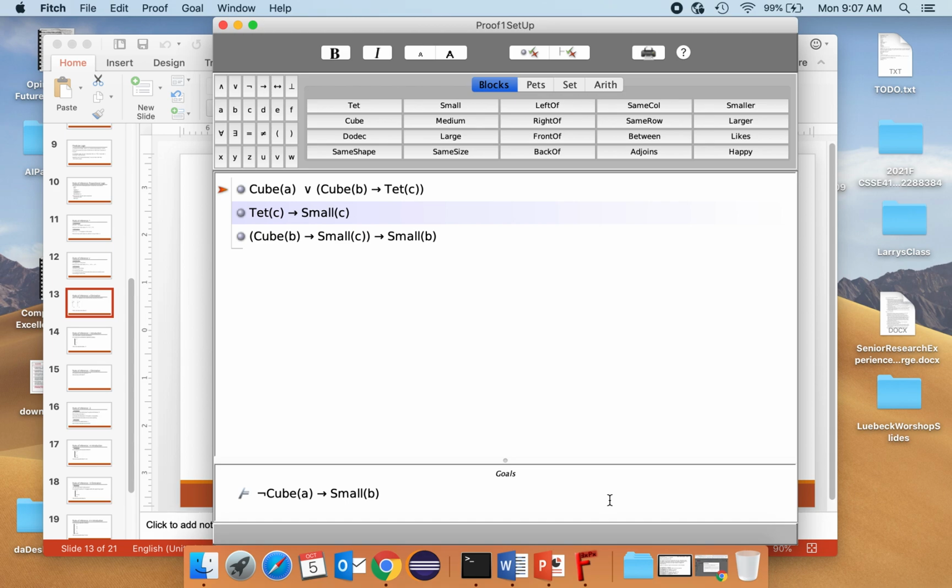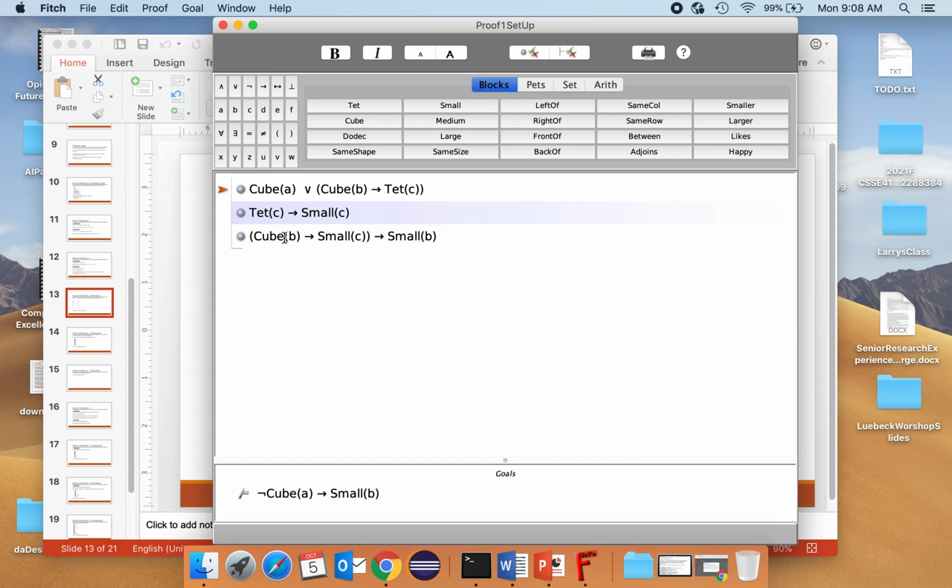I'll show you how to give a formal proof in which we show that this sentence down here follows from these three sentences, called the premises. I'm doing this in a very ingenious system called Fitch, which was developed by some people at Stanford University. Actually, my dissertation advisor was involved in the early versions of developing this system. It's kind of a proof checker that enables you to write proofs and make sure that